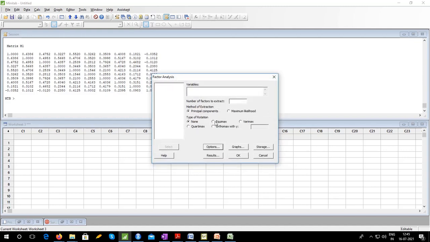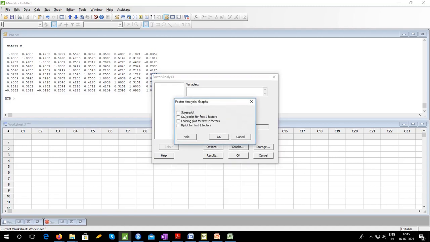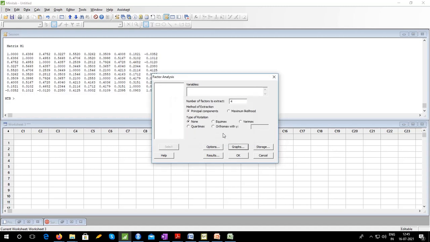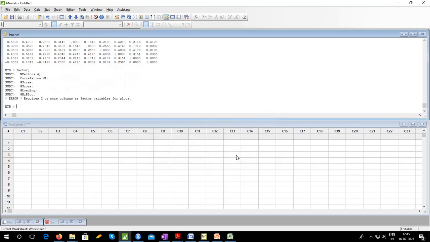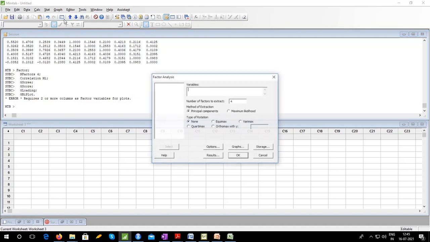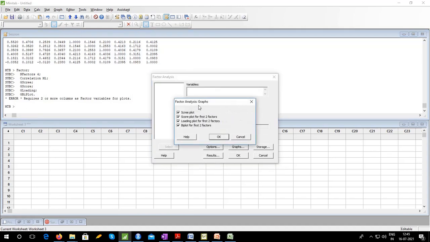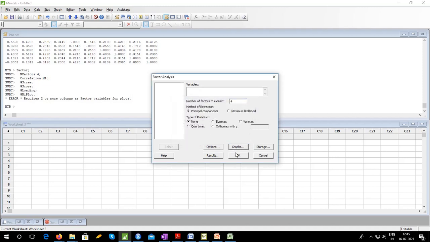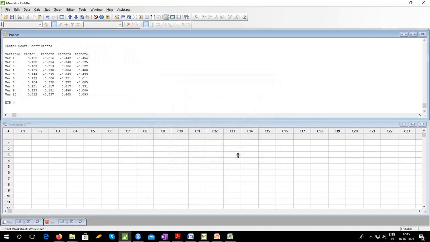Then right now, no rotation. Suppose we want to extract 4 factors. Many of these graphs may not be visible with simply the matrix without data, but let me try. Yeah, for plots you need actual data, so plots won't be possible here. That is fine. You can manually draw the plots later, or we can see some other data.